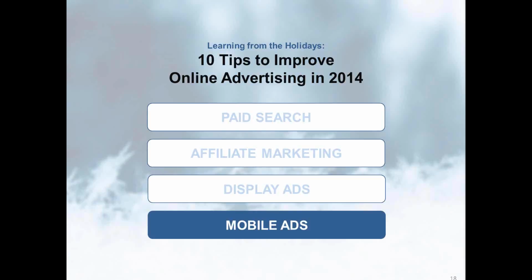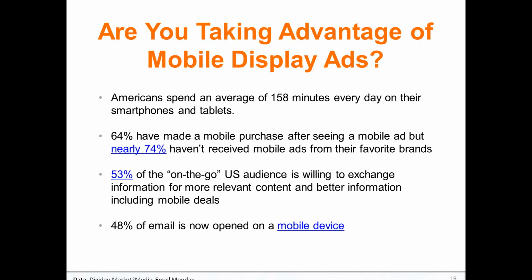Now we're going to go into a couple tips for mobile ads. Because display is only one half of the puzzle, in 2014 mobile continues to gain a lot of prevalence. Americans spend an average of 158 minutes a day on their smartphones and tablets. If you're me, you spend like 300 minutes a day on your phone. I'm kind of addicted. 64% of them have made a mobile purchase after seeing a mobile ad, but almost 74%